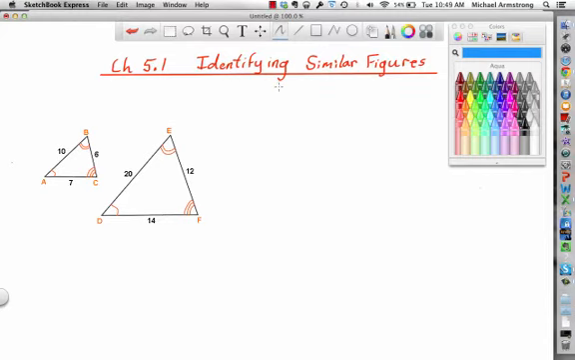Okay, chapter 5.1, identifying similar figures. Okay, now this is interesting. We talk about similar figures. These two figures are similar. They have what are called corresponding angles and corresponding sides. So we're looking for corresponding